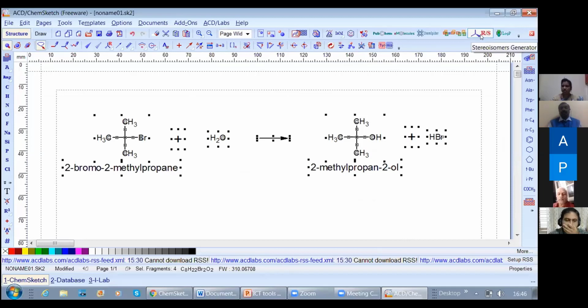Here there is a stereoisomer generator, RS configuration. Here there is an icon for SMILES notation. So it is easy to handle, but again, you need to keep on working on it. By practice, you feel this is easy. One advantage is that you get all the complicated structures inbuilt, you can directly use them. Another one is the three-dimensional view. 3D view, you can show it and explain it well.